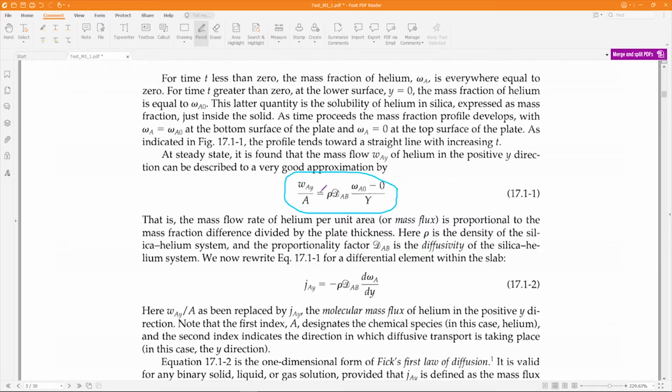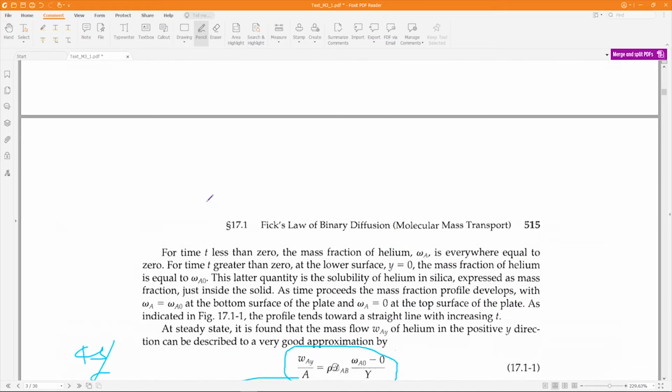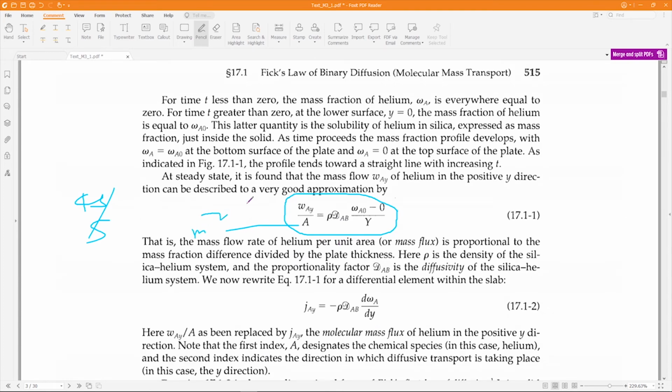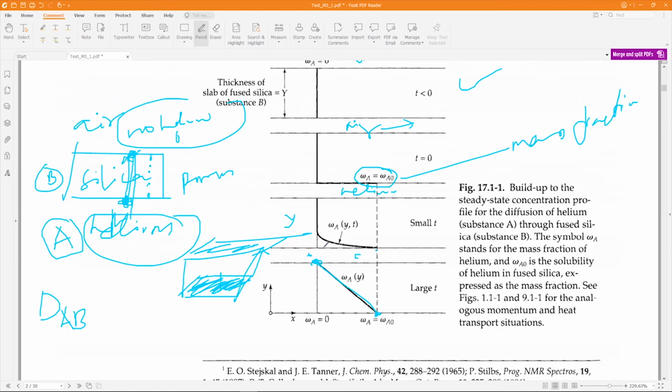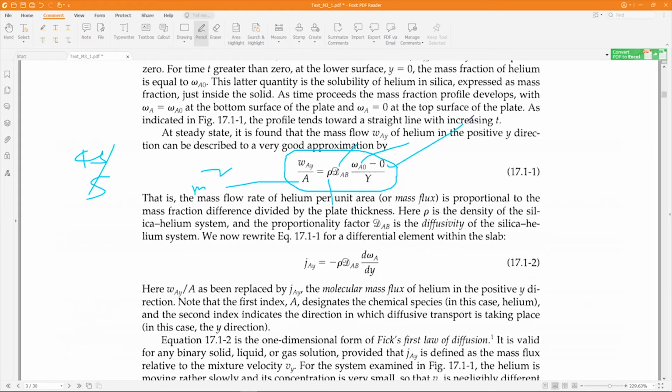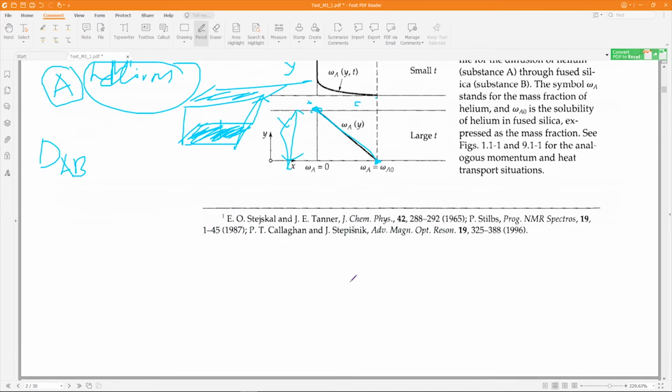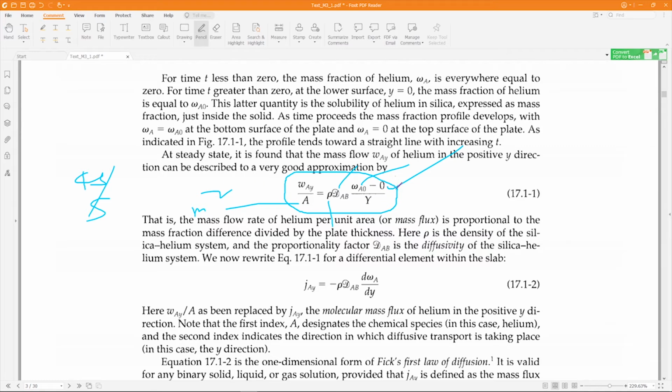So what is WAY? This is the mass rate, in kg per second. What is A? This is the area. Let's say the slab area is like this. Since diffusion is happening in this direction, you have to take this area. Area is in meter square. And rho is the mass concentration, kg per meter cube. This is diffusivity, meter square per second. This is the initial concentration of the helium at this point, and the final concentration, we don't have any helium on this side, so it is 0. So we have written 0 here. And the distance between the transfer is y. So you can write it like this, or you can rewrite it